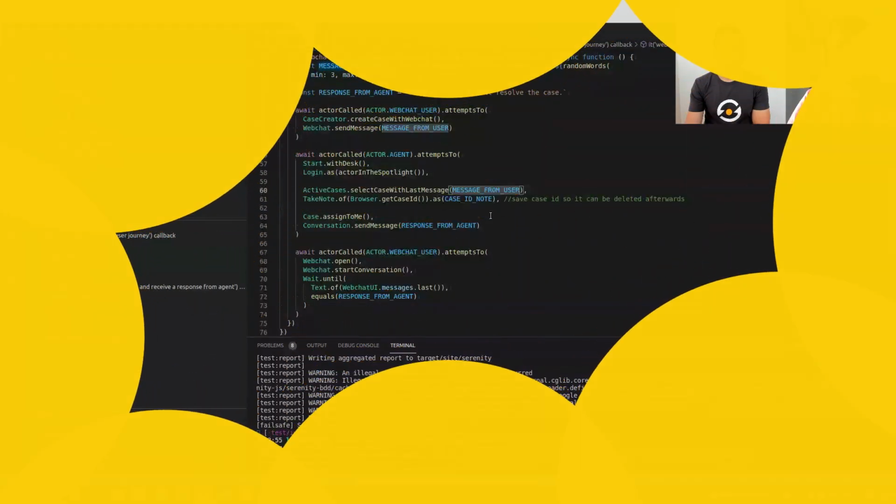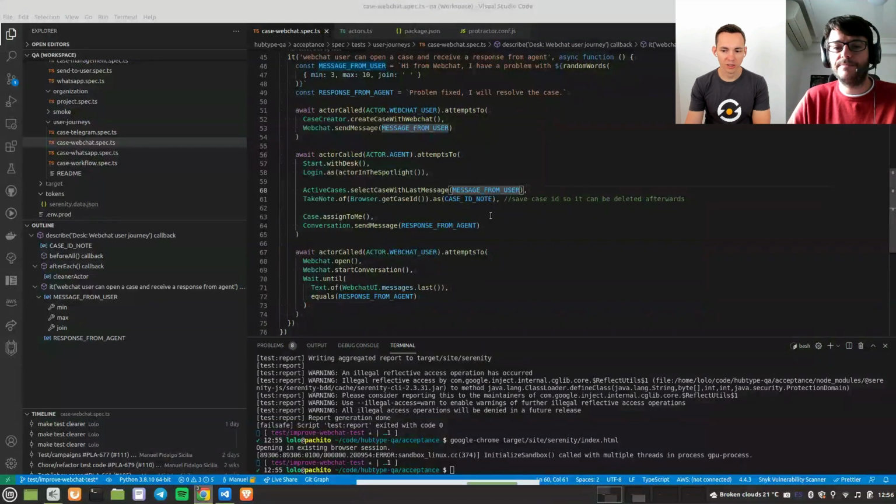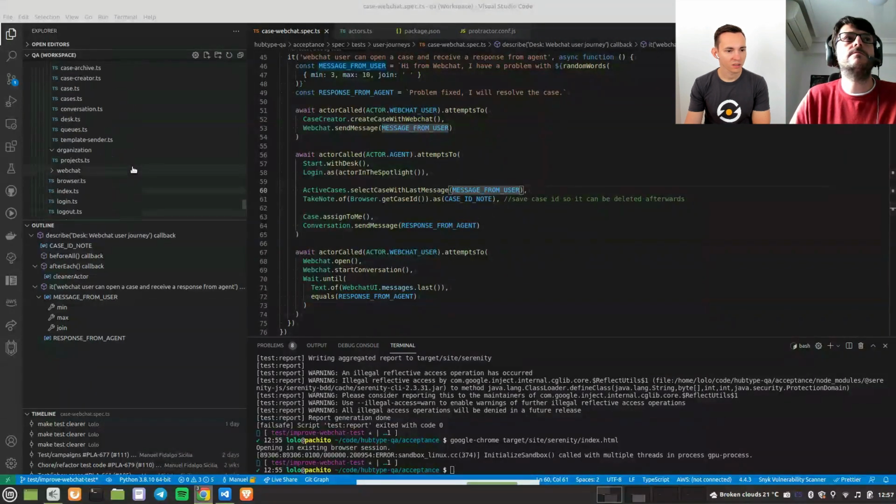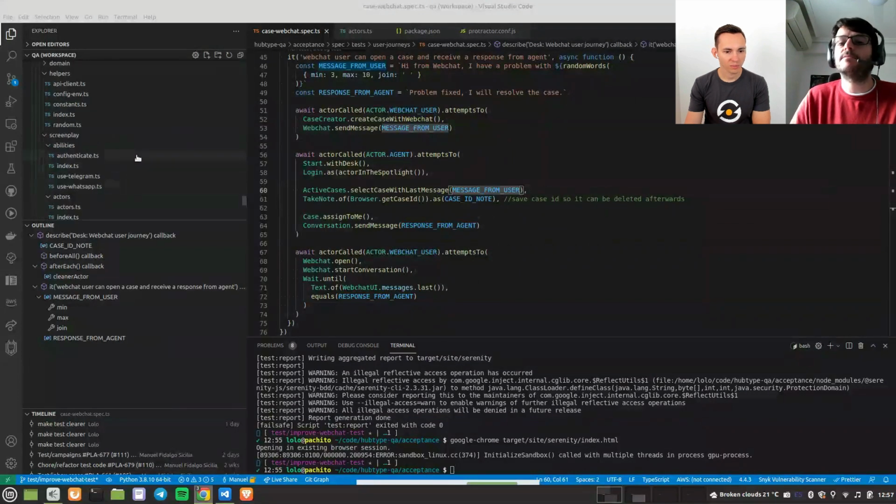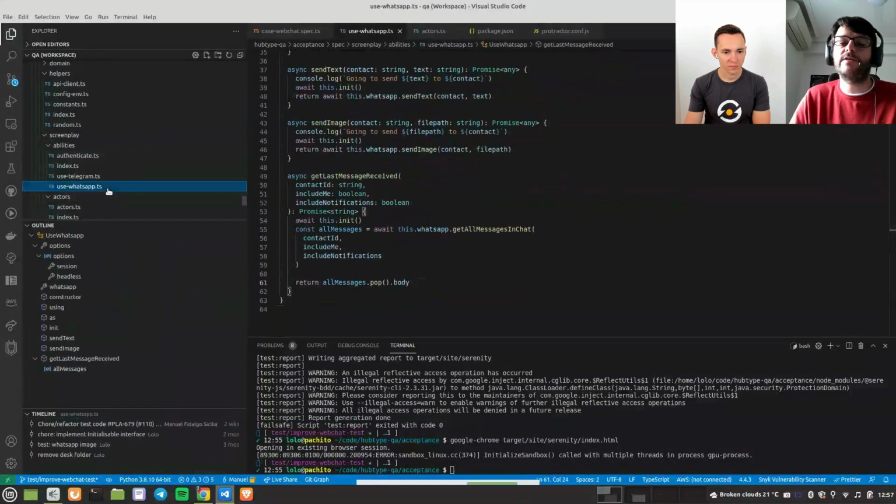Cool. And I think you mentioned you've created your own custom integration as well, right? Yes, we can take a look at the abilities. We have different abilities because we have the same scenario that we have seen. We have covered also with WhatsApp, but with WhatsApp you need also additional libraries that will allow us to control the WhatsApp web instance. So we created